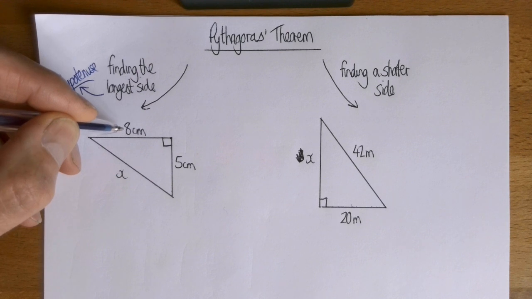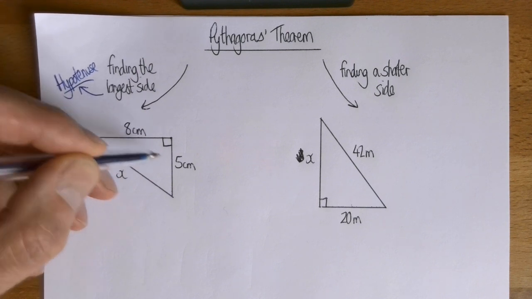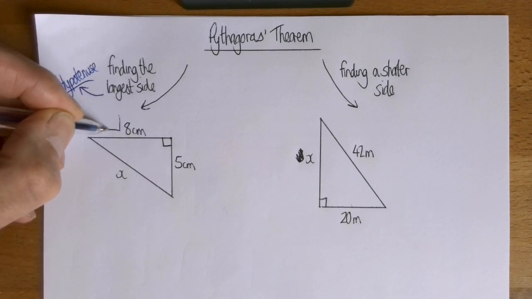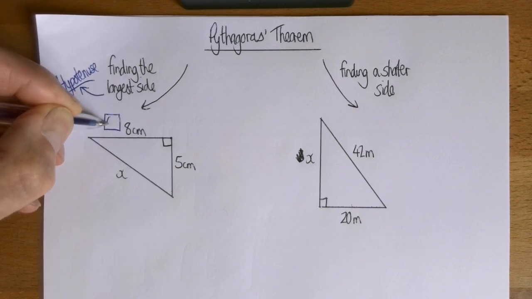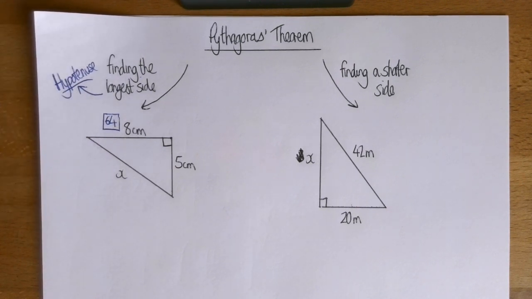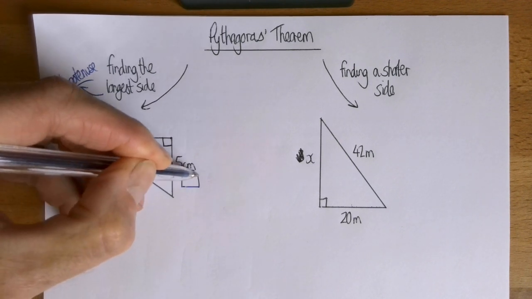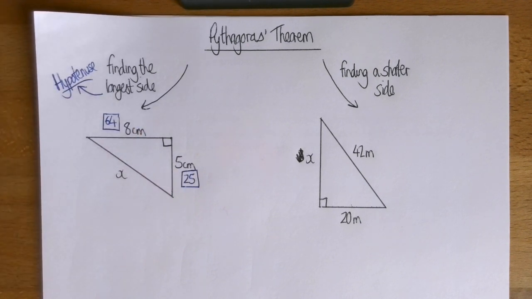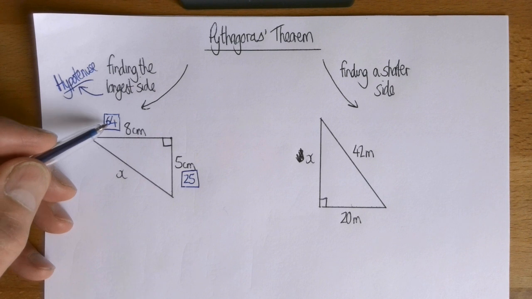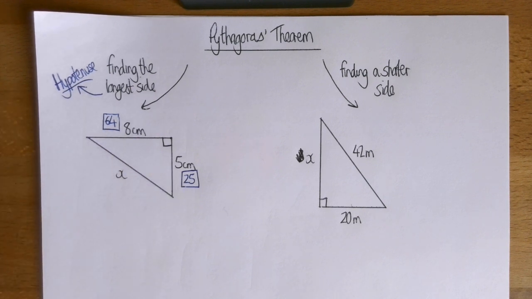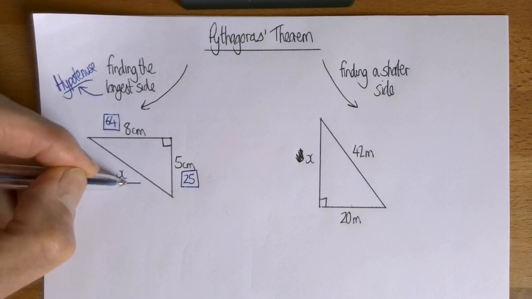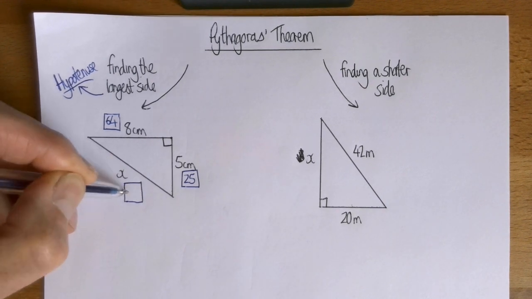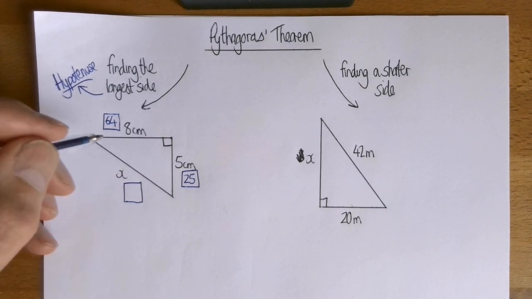What you do with Pythagoras' theorem is you say, right, I know these two shorter sides, I'm going to square those two lengths. So 8 squared is 64. I put it in a square to remind me that that's what I've done. I've squared it, I've multiplied it by itself. And 5 squared is 25. And Pythagoras realised that if you added those two square numbers together, you got the square of the longest side. So that is